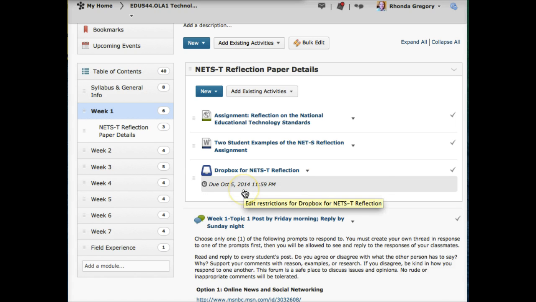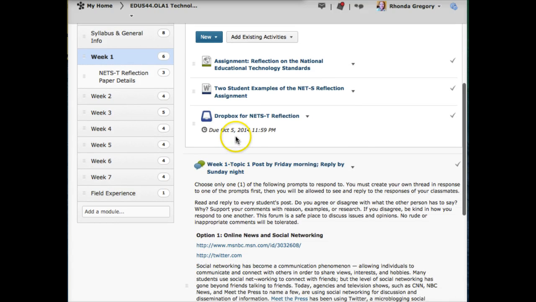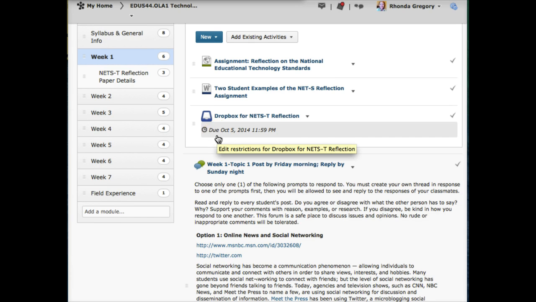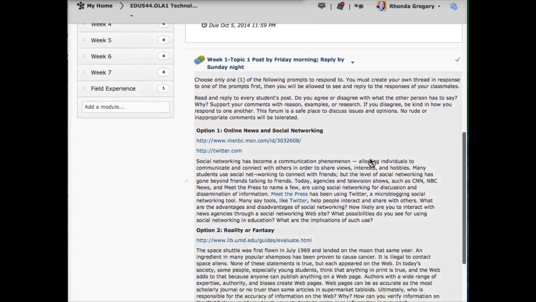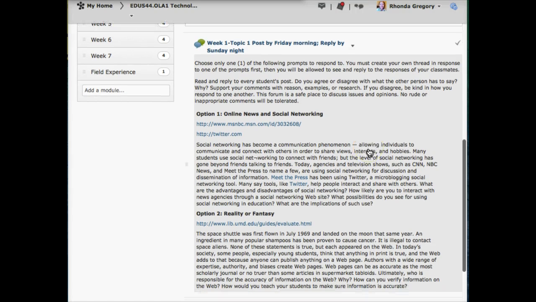So here's where you start to see dates. This is the due date that assignment is expected. It's due by October 5th at 11:59 p.m. If you're running a little bit late behind that, the Dropbox won't lock you out. You can still drop it in. It will just be marked as late, as coming in past the deadline. So you can still submit in the Dropbox if that is the case. I don't have hard cutoff deadlines to where I'm not accepting those papers.